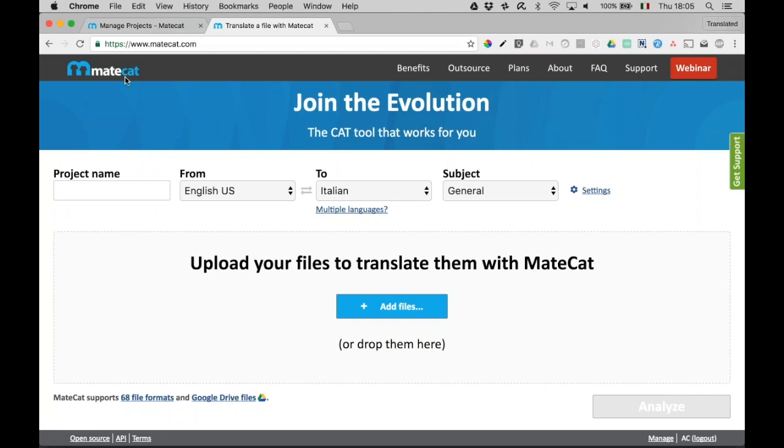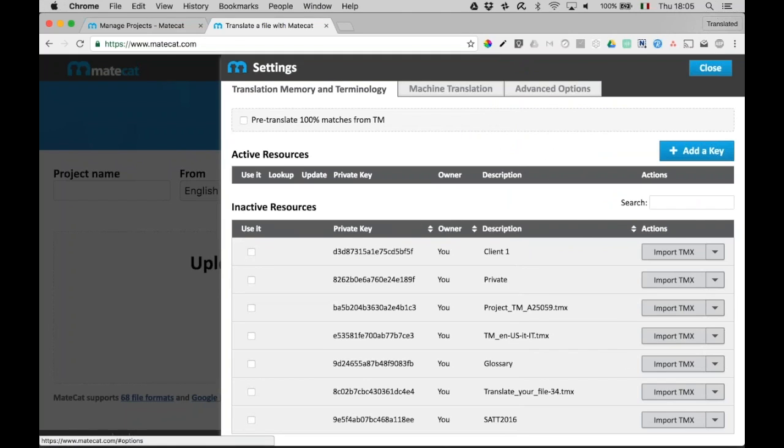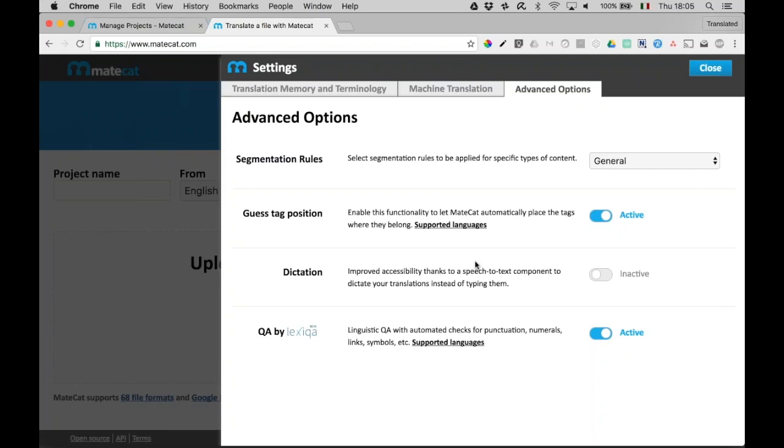Okay, dictation. So this is one of the additional features that we added in MateCat recently, and you can find it under the settings again and the advanced options. So whenever you create a project in MateCat, you can activate the dictation feature. It works for pretty much all languages. It's based on the Google speech to text API, and so it covers all the languages that Google supports. And it's a broad number. So first thing, you activate it, just like I did here.